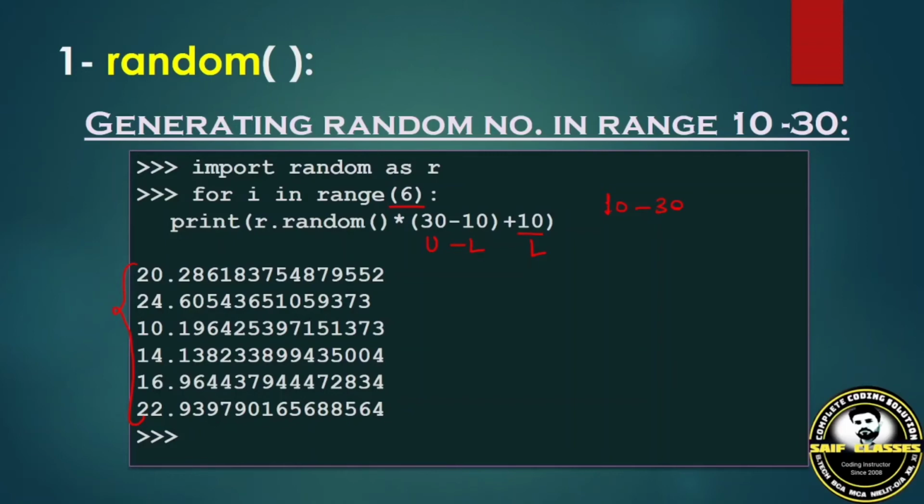And in your class 12 board exams, this particular question will be there. Based on the random function or randint function, it is compulsory. You will get a 2 marks question where the code will be given to you and the options will be given, and you have to choose the correct options by justifying your answer, why the so and so option is correct. More than one option may be correct.